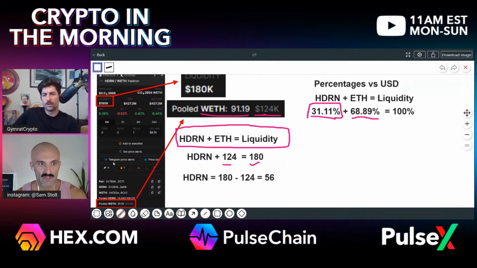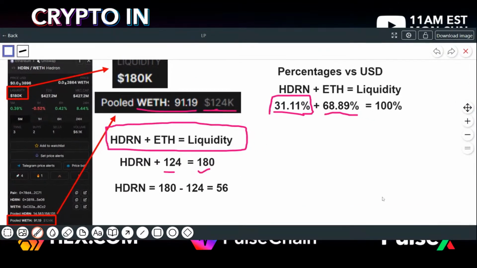If you have questions, just let me look at this real quick for my own eyes. So what he's looking at is the liquidity. There's $180,000 of liquidity, and this is on the ETH chain. So this is on proof of stake, guys. I don't know if this is the most popular pair, but I'm going to assume that it's generally one of the most popular pairs. Hedron and ETH, right? Pretty popular pair. Yeah, but I do want to know what the highest liquidity pair on Hedron is next time. But anyway.